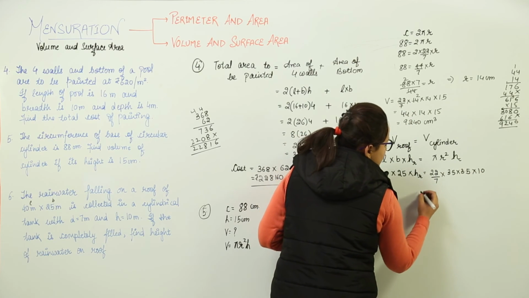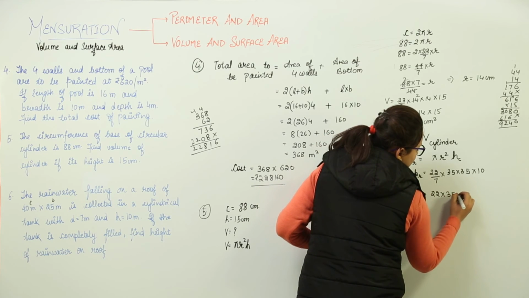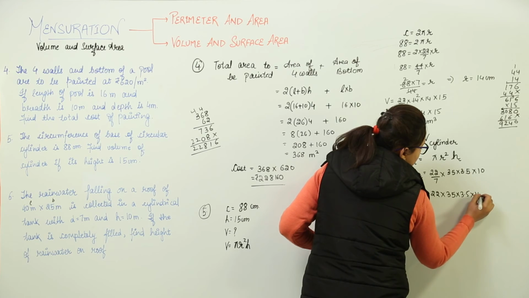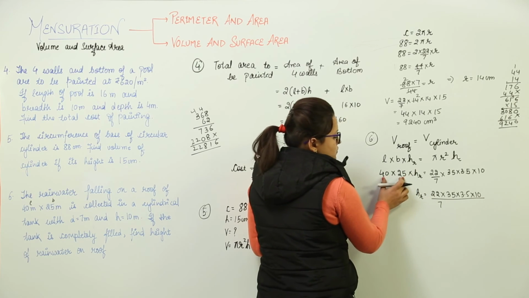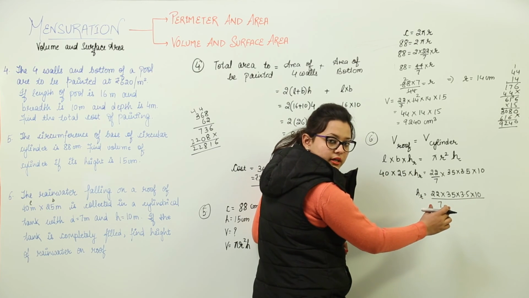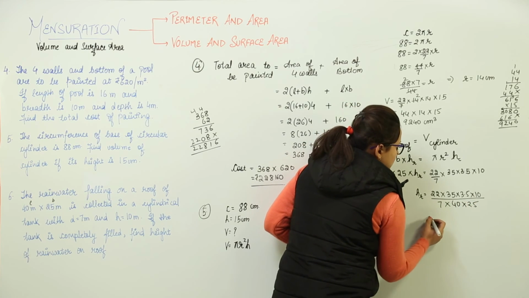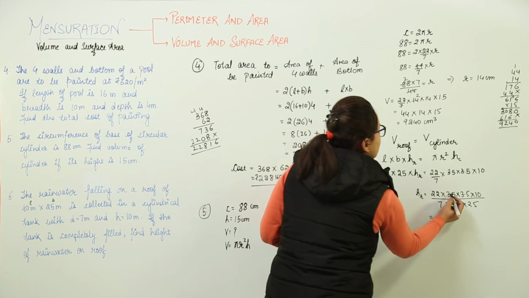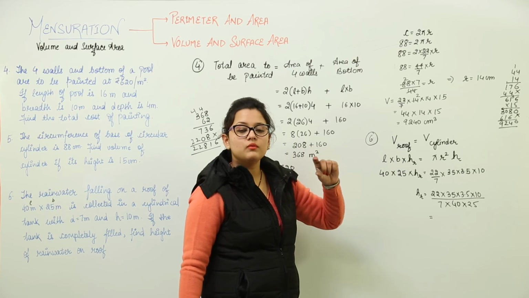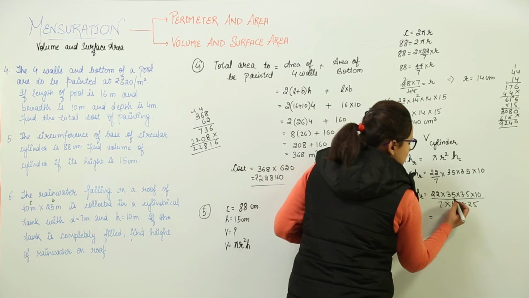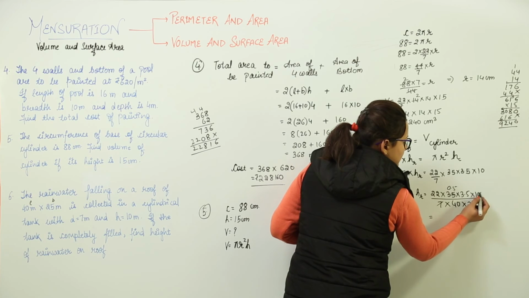Now on solving, how do we solve this? HR will be equal to 22 into 3.5 into 3.5 into 10 whole upon 7. Now these two values were getting multiplied over here. So when I take them to the other side, don't you think they will get divided? Yes, they will get divided. What do we get? 40 into 25. Now we just have to solve this part and we will get the height of the roof that we had to find, the height of the water that was collected on the roof. Now let us solve this out. 7 0.5 times. Now this 25 and 10 can also be cut.